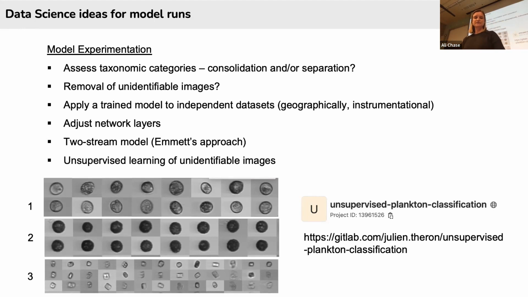There was a summer project several years ago from a student in France, and he took all of our other images and did some unsupervised clustering. And these are 3 of the clusters that came out of his work. You can see all the cells within each cluster are fairly uniform, but they were all put in the unidentifiable category. So there may be ways we can use that kind of unsupervised learning to further sort through our cells.